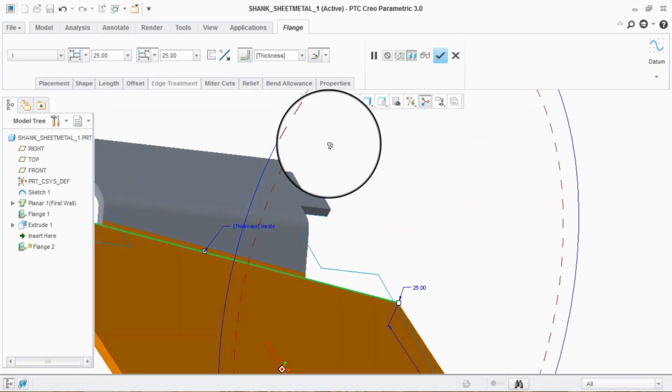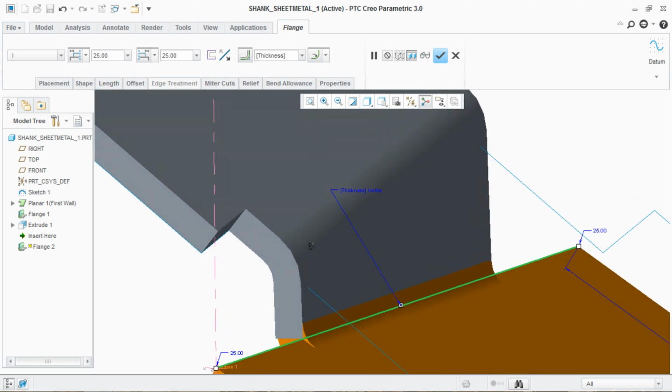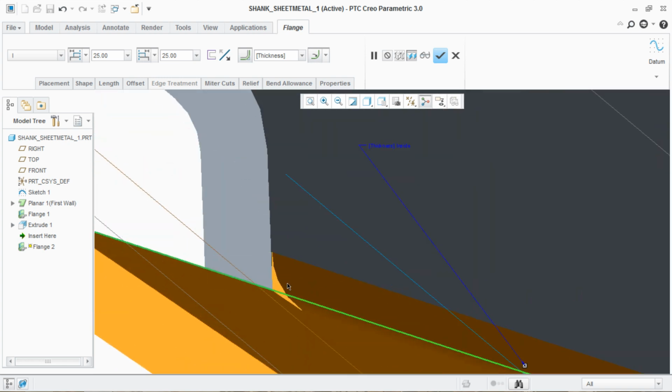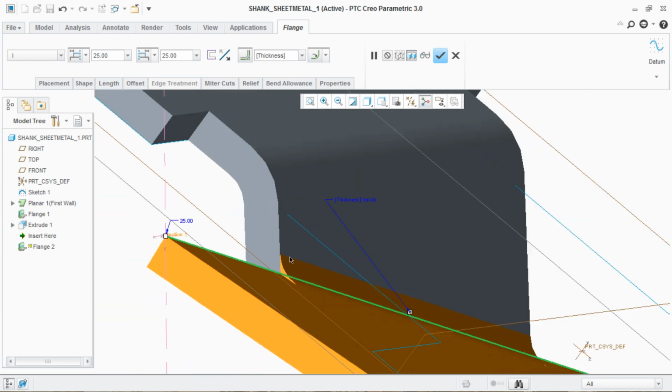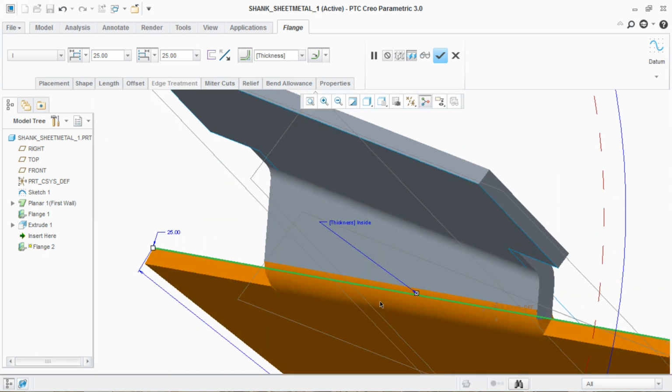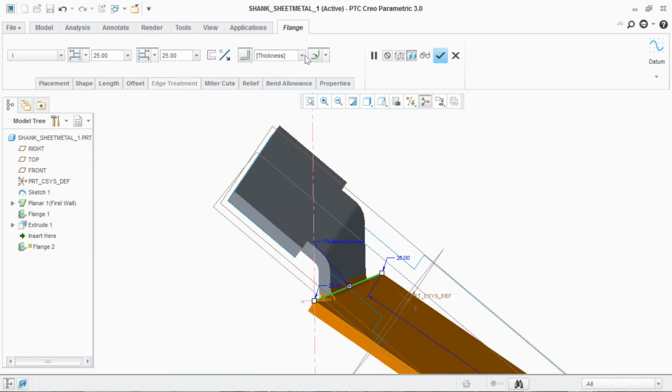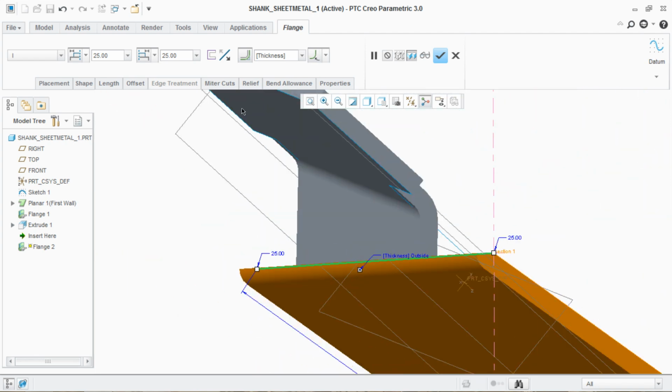Now let me explain to you about the radius. You can see this radius. This radius is coming from this command. As we already told, in sheet metal, if we provide inner radius of 2 mm, then the outer radius must be inner radius plus thickness. This command is right now providing inner radius. This is providing outer radius. Click on outer radius and it will be of thickness.